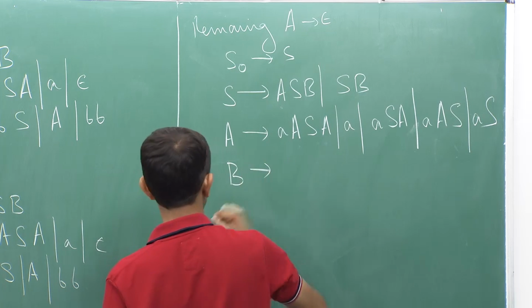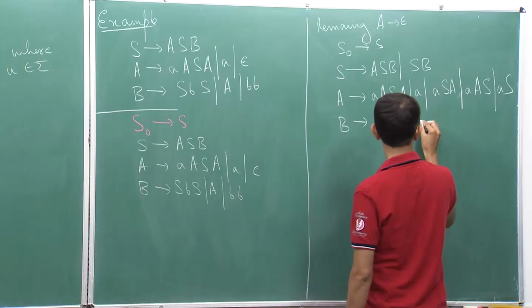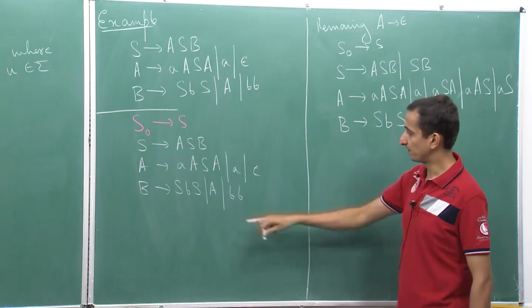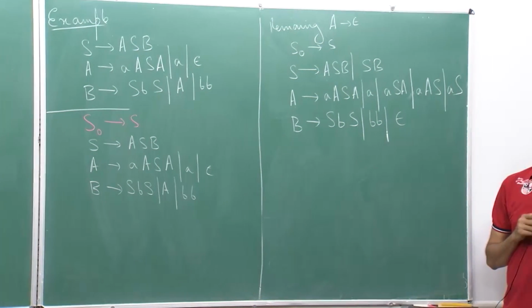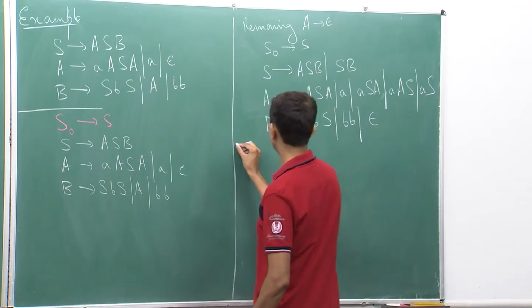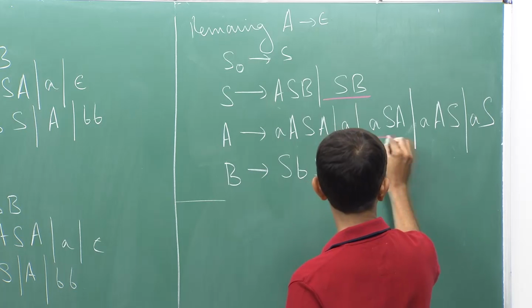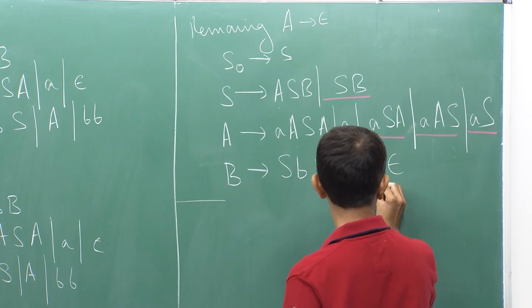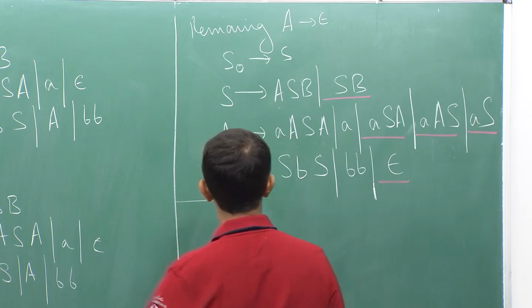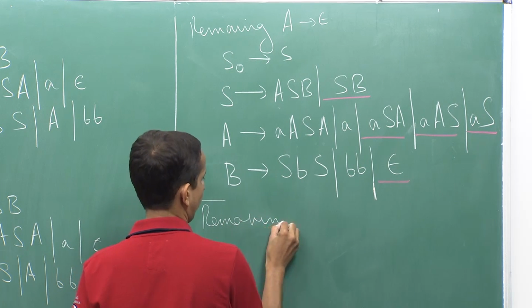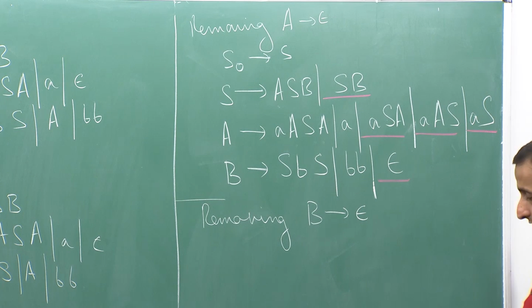Similarly, for B I will have S b S or b b, and now if I remove this occurrence of A, I get B going to epsilon, and I add B going to epsilon because I have not removed it so far. Okay. So, let me underline the new rules that I have added. So, this is added now, this is added, this is added, this is added, and this gets added. Okay. So, now in the third step I remove B going to epsilon because this also has to be removed now. So, what we get is